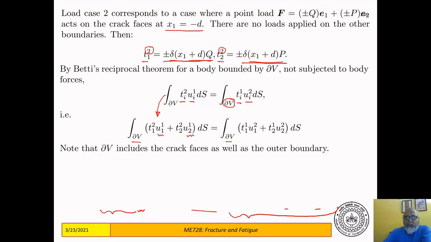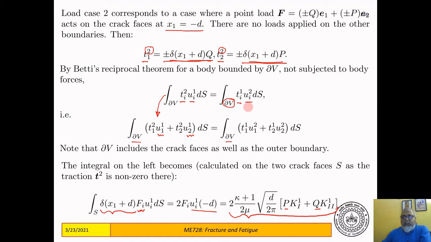So U1 at minus D is known to us, and we can write U11 contains K2, U12 contains K1, and given that, we will get this entire expression as the result of this integral, which is nothing but the left hand side of this equation. So this expression